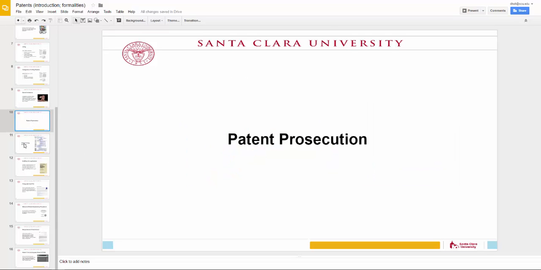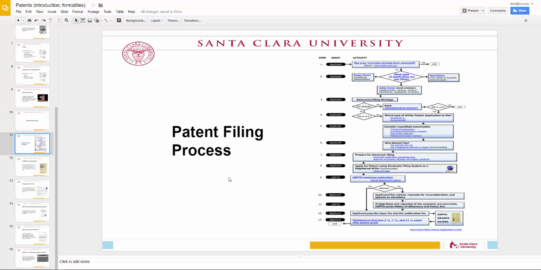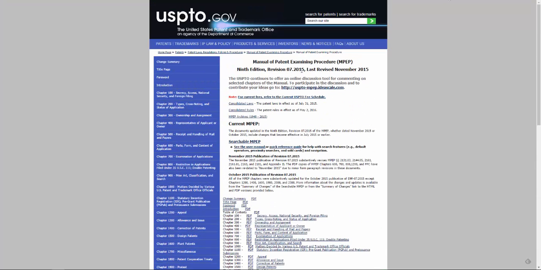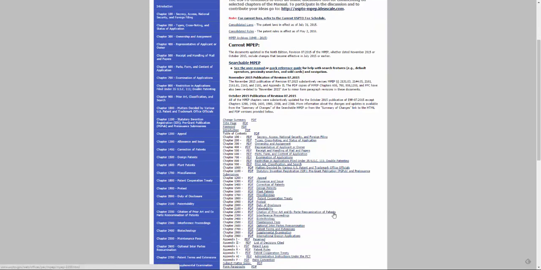Okay, patent prosecution. Patent prosecution is the process by which patents are examined by the USPTO and acquire protection. The patent filing process is governed by the USPTO. There is, however, a document called the Manual of Patent Examining Procedure, which governs this process. The Manual of Patent Examining Procedure is available on the USPTO's website. It goes over the examination process